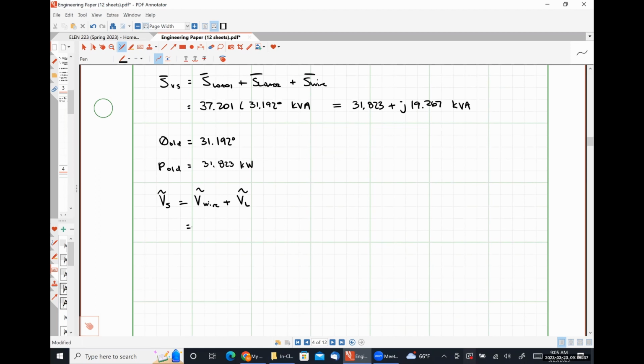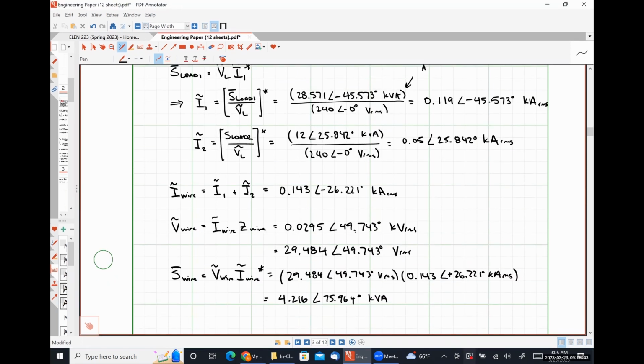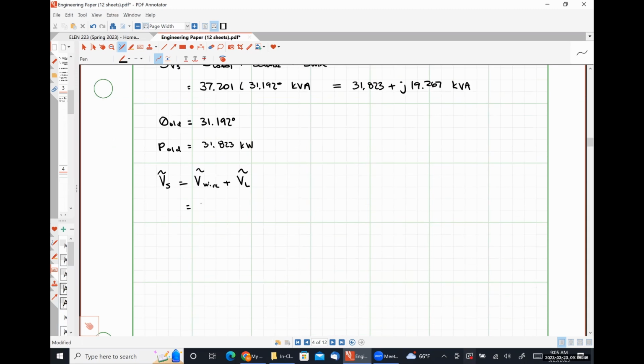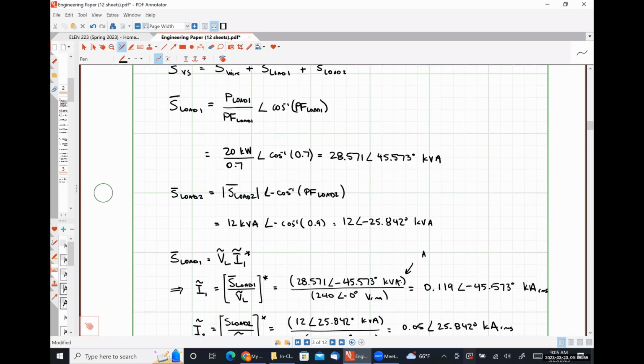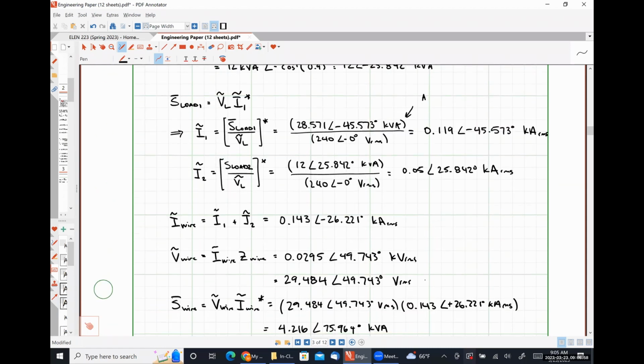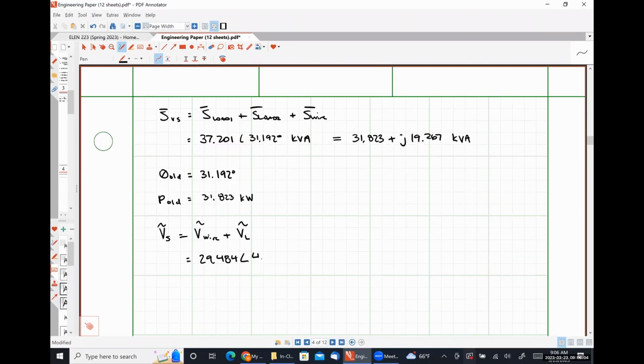So V wire was 29.484 angle 49.743. VL was just 240 angle 0 degrees. So if we add those two numbers together,